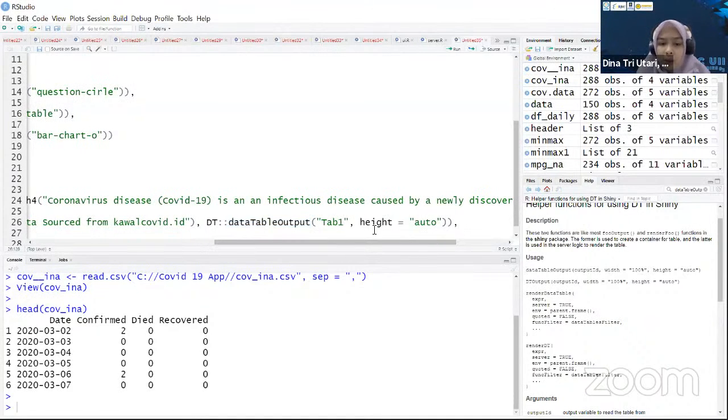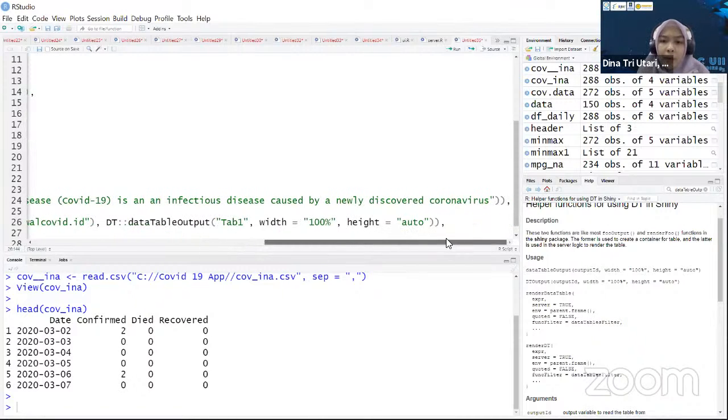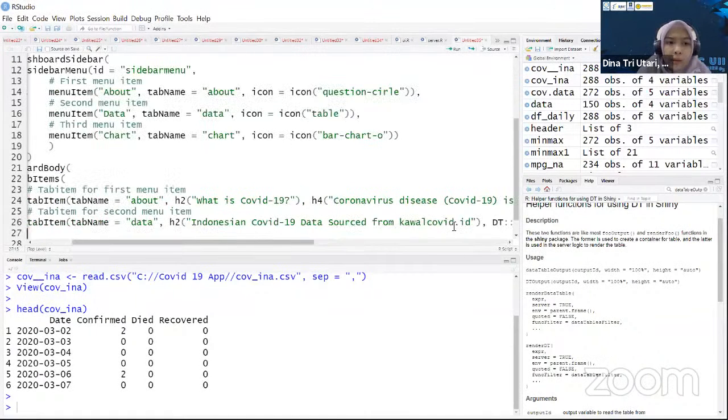Maybe I add 100%. Okay. And then the last, we add the